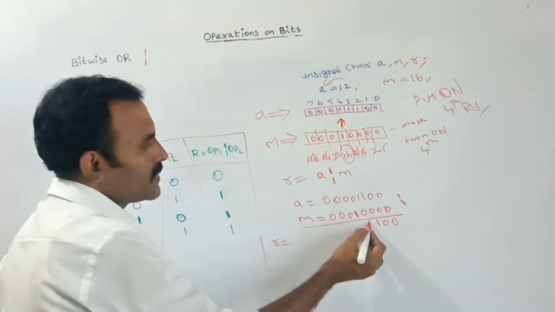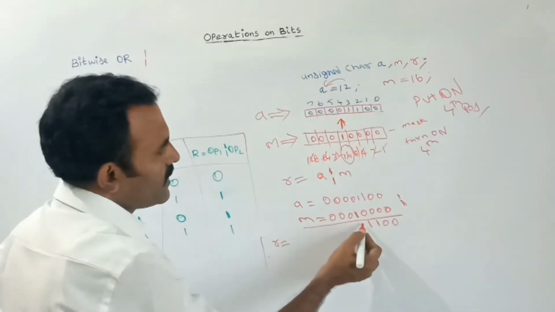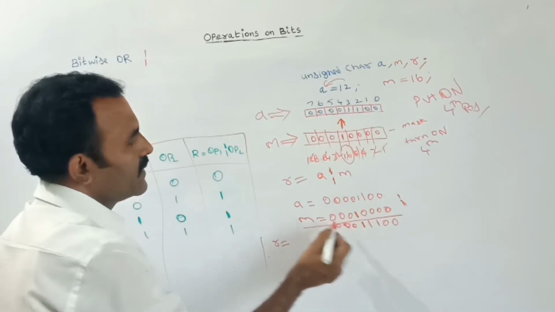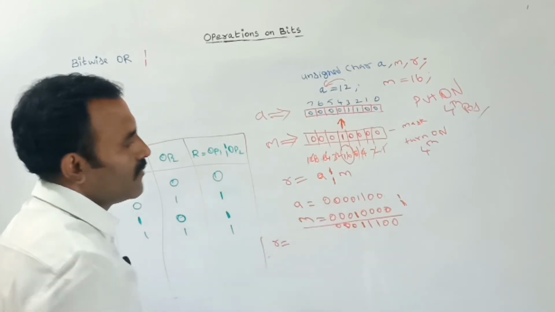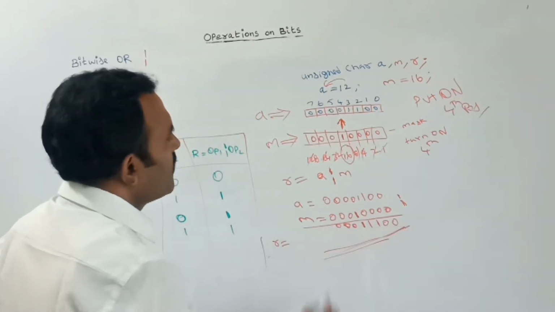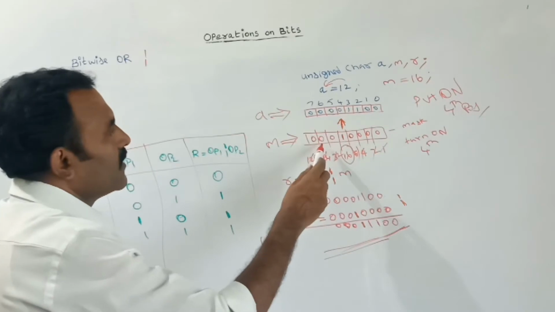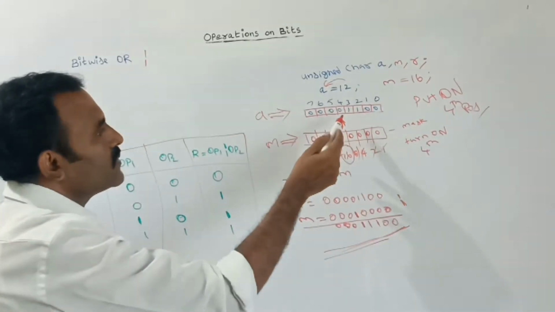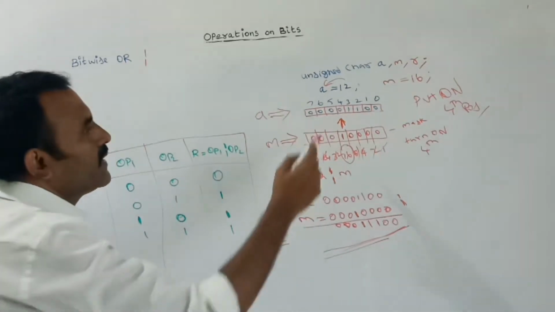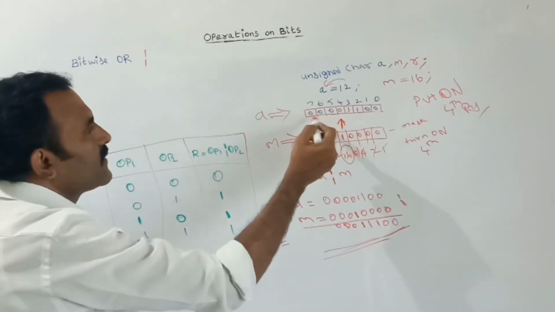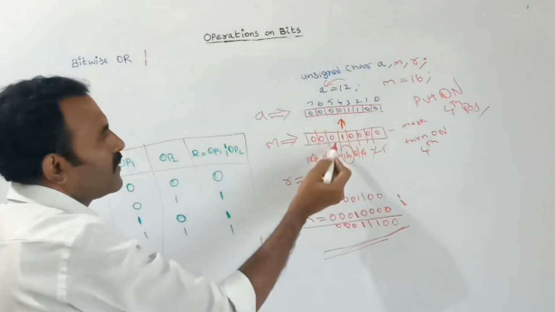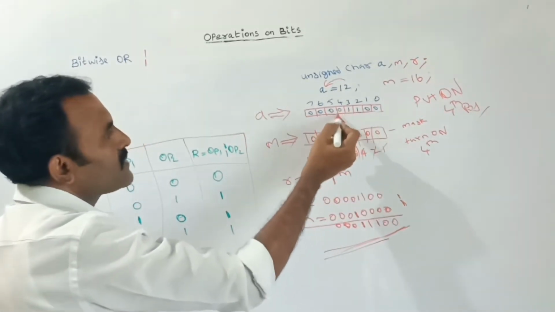Here one operand is true, so this value is true. Here also one value is true. In the remaining positions every bit value is 0, because both operand values are 0. So this is the value. I am using this mask for turning on the fourth bit of an operand of A. This is the real A value, and with the help of this mask value I have turned on this fourth bit.